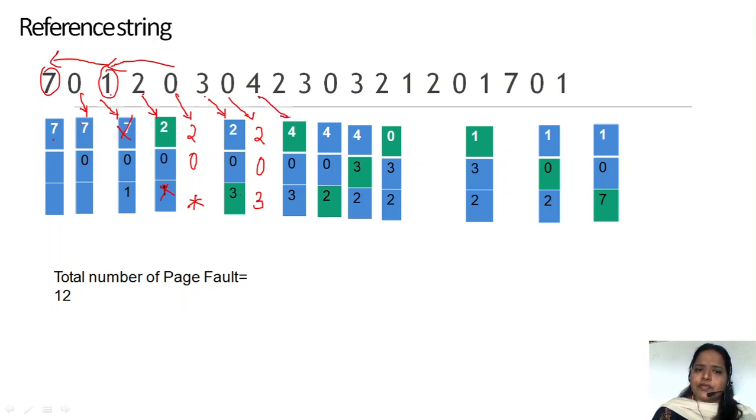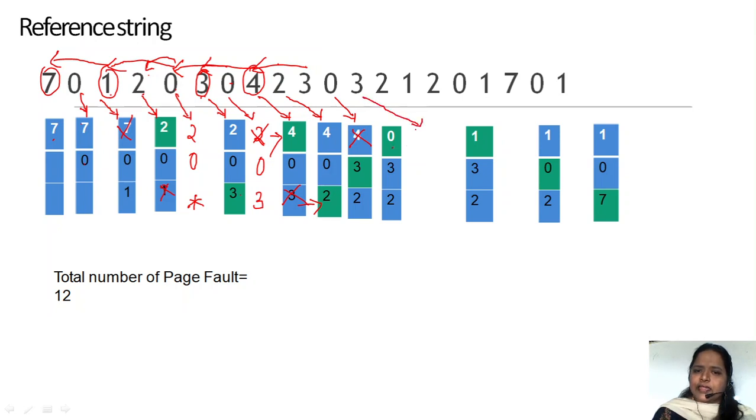Now we have to go with 4, in the sense 3 places, 0 3 0, 0 already been used, now shift 1 2, second page we have to replace with 4. Next, for 2 you have to check 3 places, 4 0 3, third page we have to replace, so third page is replaced by 2. Next one 0, in the sense 3 places, 3 2 4, so fourth page we have to replace, and we kept 0.